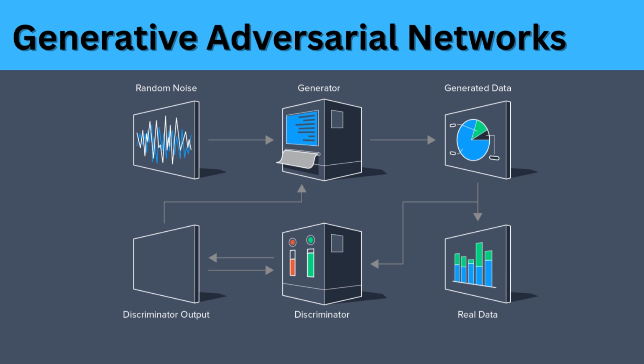The generator and discriminator are trained together in a game-like fashion, where the generator tries to create more realistic data to fool the discriminator, and the discriminator tries to correctly identify which data is real and which is generated. The training process of GANs involves iteratively updating the generator and discriminator models until the generator can create realistic data that is indistinguishable from the input data. GANs have been used to generate realistic images,